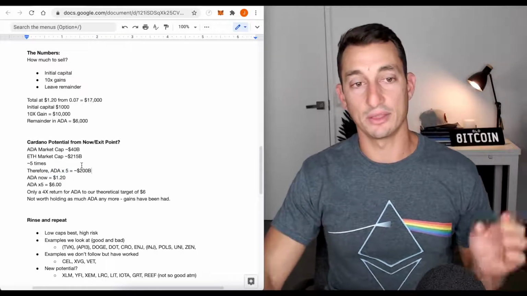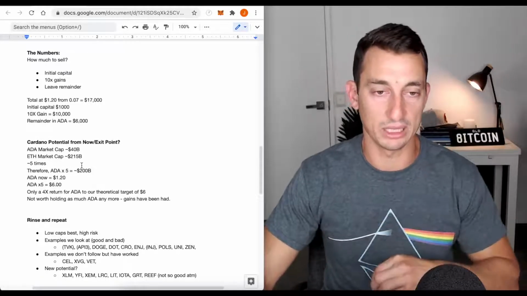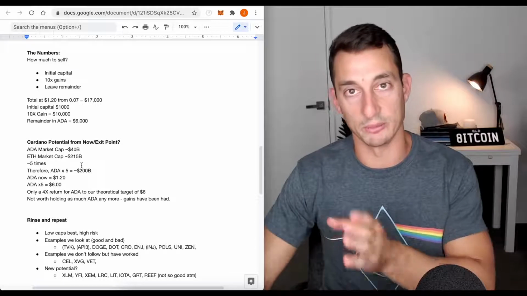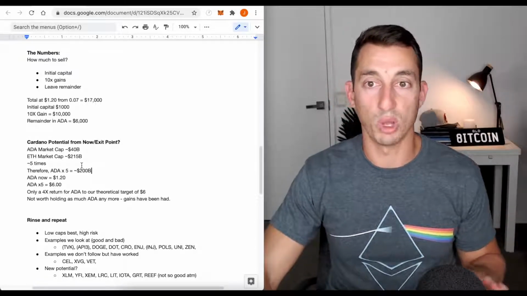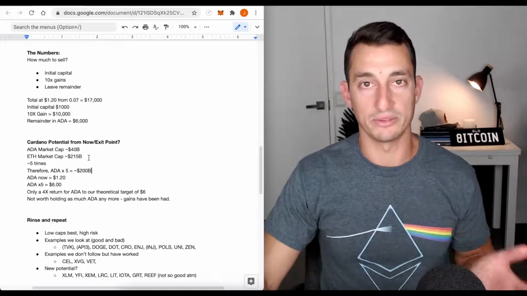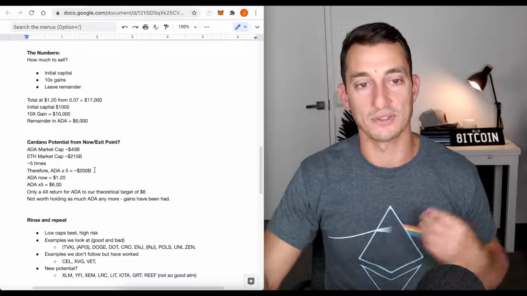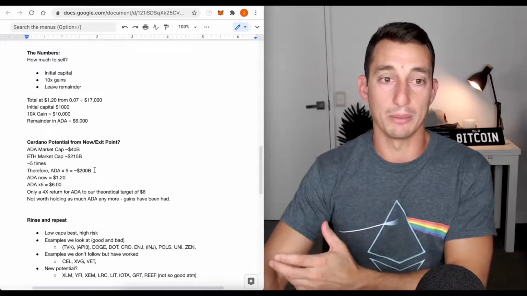I don't expect Cardano to outpace Ethereum in this bull market. Like, I don't expect it to catch up to Ethereum and go beyond it. That is going to come down to your own personal research and belief in the market. But these are all what ifs that we have to put into play, that we have to make decisions on before the actual event happens. Maybe it does flip it.